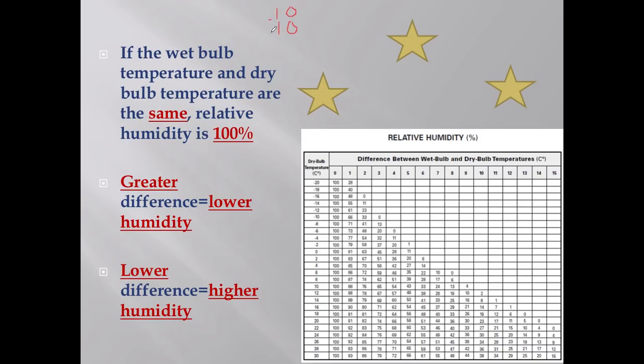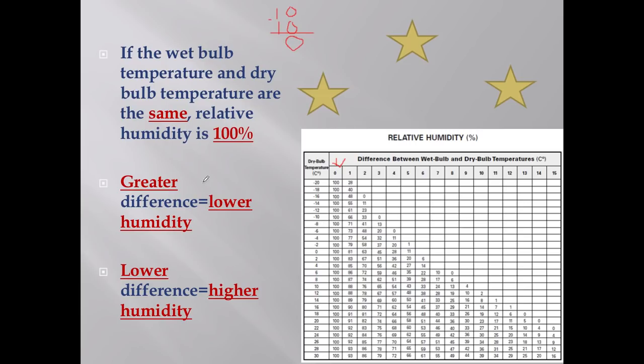If they're the same, that means my difference is a big fat 0, which is here. If they're the same, that means humidity is at 100%. So if I look at this chart and I go all the way down, 100%. The air is so saturated, if the air is at 100% relative humidity, that means it can't hold any more water, and none of the water from the psychrometer